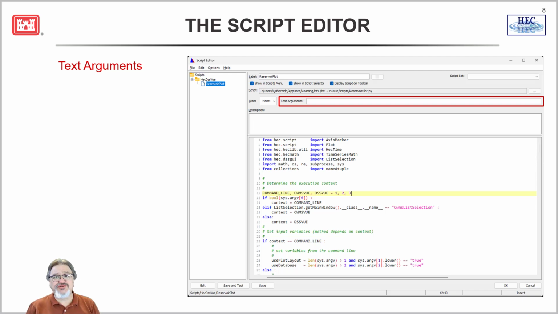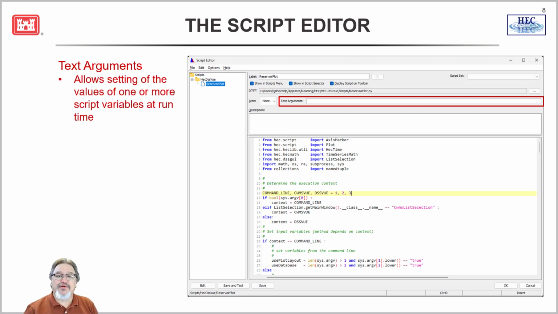The next thing is text arguments. If you're used to running scripts from the command line, you might think that this is just the command line arguments. You would be sadly mistaken. That's not how this works. But it does allow you